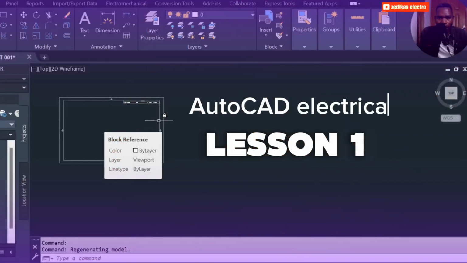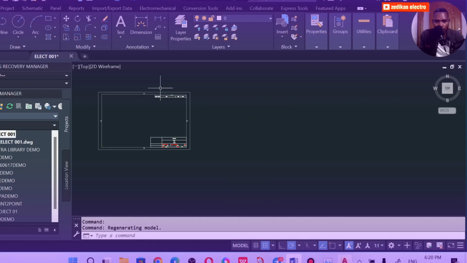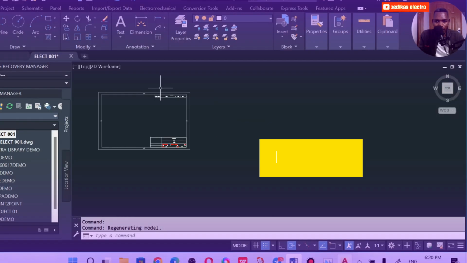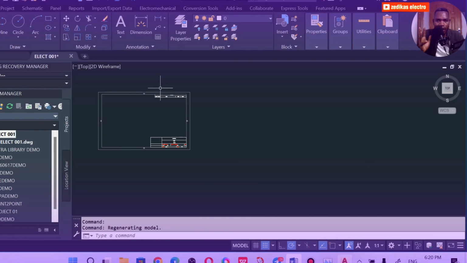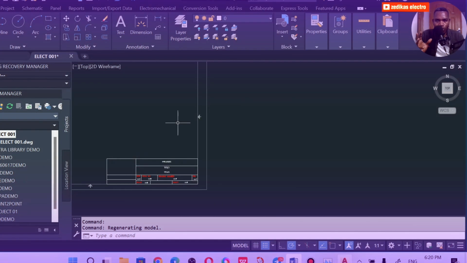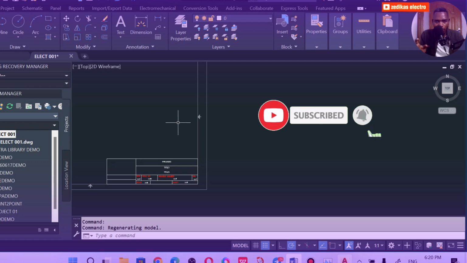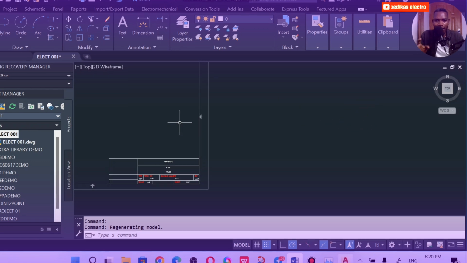AutoCAD Electrical Lesson 1. The first thing you have to do is create a title block and assign a project name. That should be your first activity before starting any kind of work on AutoCAD Electrical. So to do that, the first thing is you have to create existing title blocks. Today in this particular video, I'm going to guide you step by step how we can create those 3 basic parameters